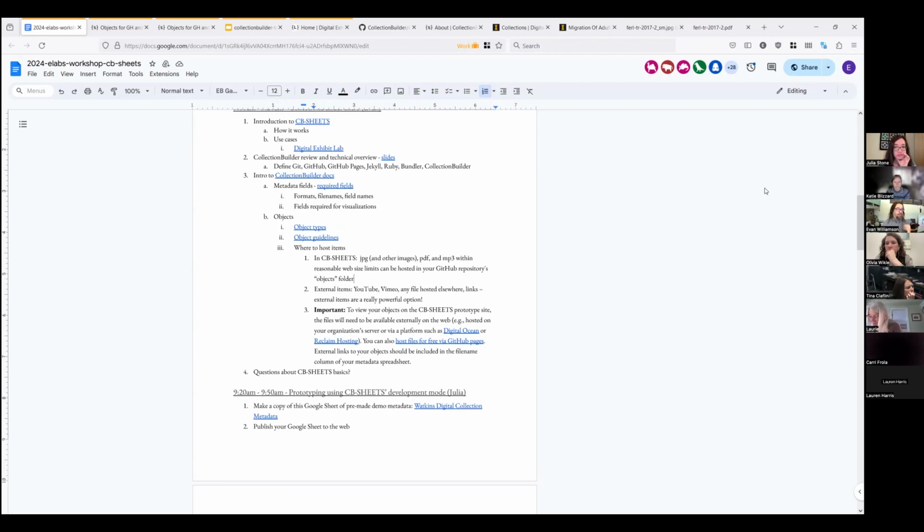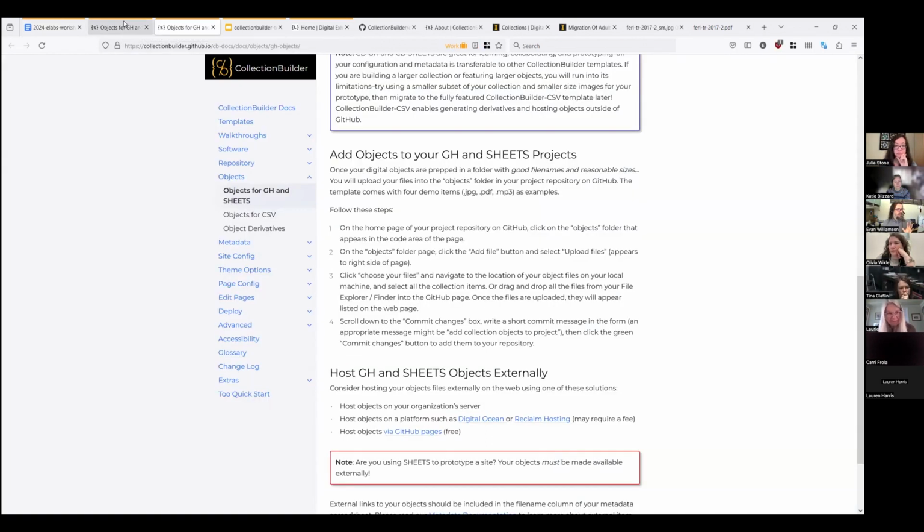And then the other one that is important to cover: is there a limit to the number of objects and files that you can host on GitHub? Yes, GitHub has soft limits. That's in our docs. It's about a gig total for your whole repository project. So you want to keep your folder of objects to probably under 500 megs, which is still quite a